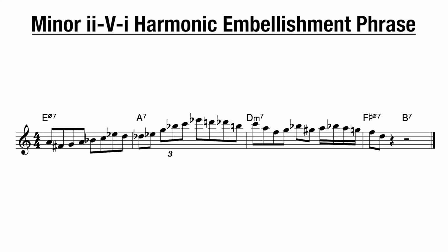So this minor 2-5-1 phrase, pretty tricky. As we can see, we start with a Locrian natural 2. We kind of start on the 4 there, so we're already starting in kind of a weird place for a phrase. And when it comes to transposing, you're starting on the 4. It's kind of hard for your ear to get used to it, and I found that to absolutely be the case. So we move down to that natural 2, we ascend up the Locrian natural 2 scale until we hit